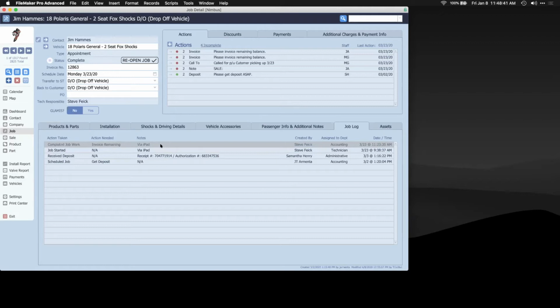He clicks a button, and we create another job log record that says, go ahead and invoice the remaining balance. Now, this is their system launched last March, so I think that's why there's no final invoice job log record on here. This is before that piece was built, but what would happen is the same kind of concept as the deposit, the job would get handed over to